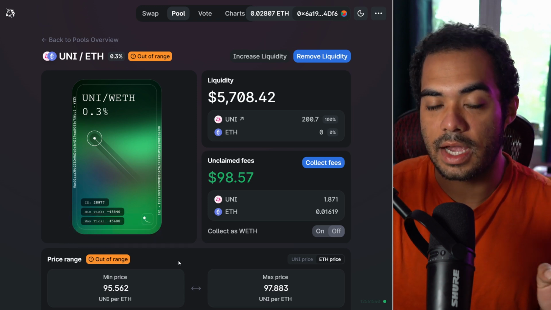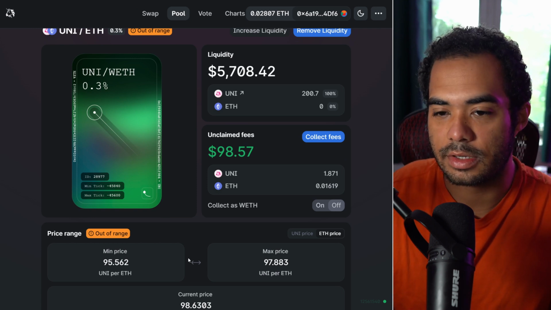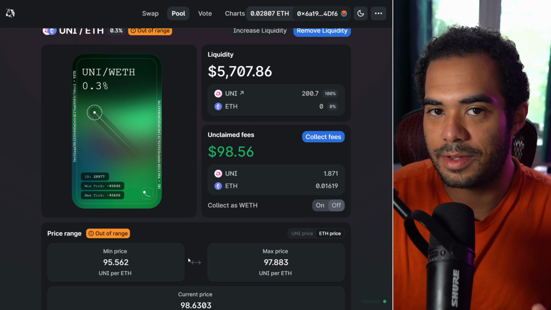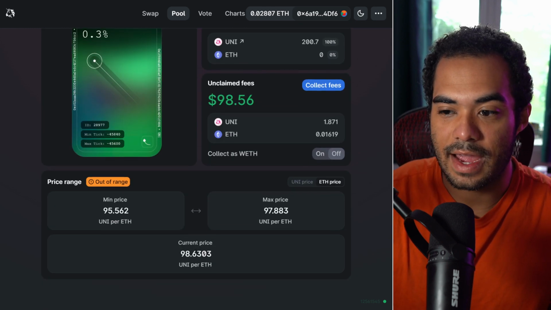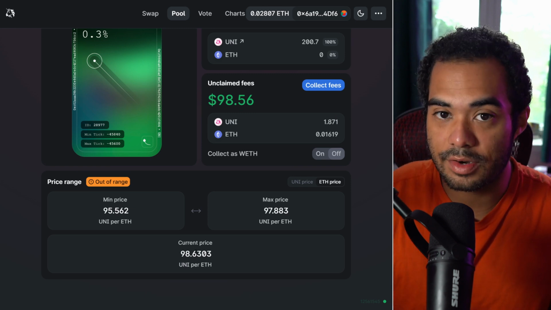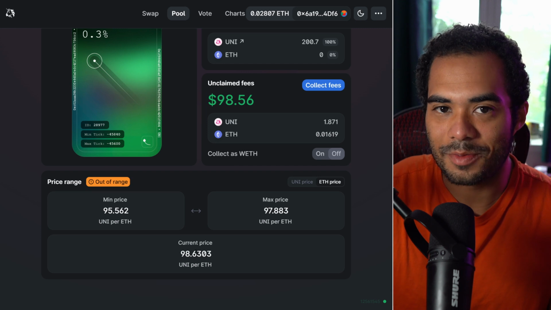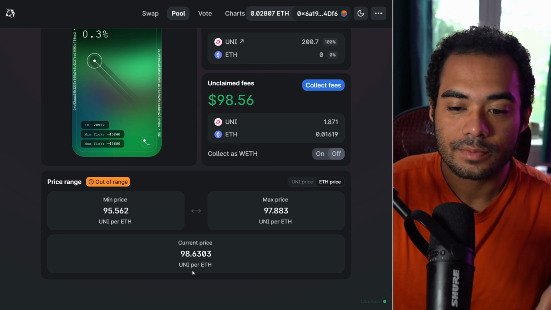That's going to be one of the negative parts about V3, is that you need to actively monitor your position, really just depending. For example, if it's out of range and I want to get back in range, as far as I'm concerned, I have to withdraw my liquidity, go back in, and adjust the price range. The problem is that it costs a lot of money to do that because of the fees. However, I will say